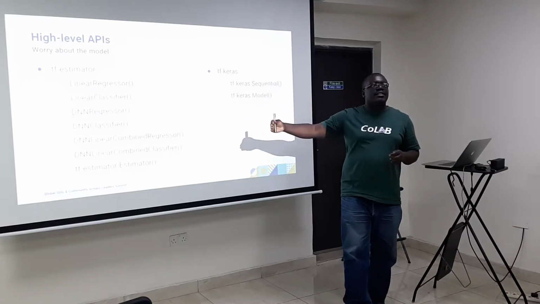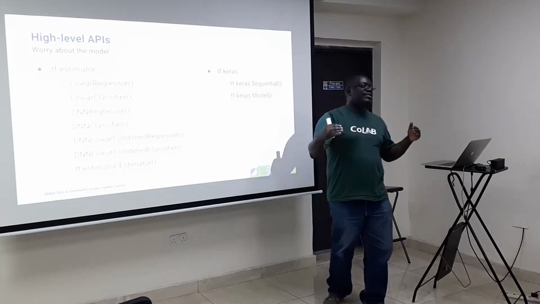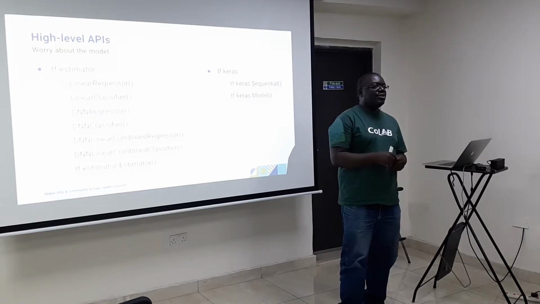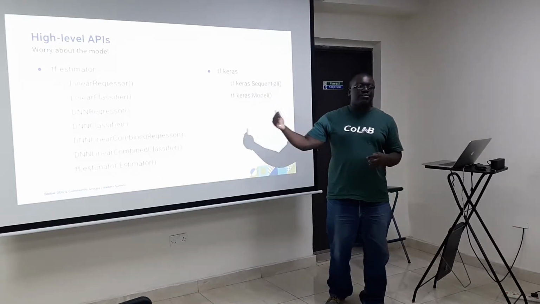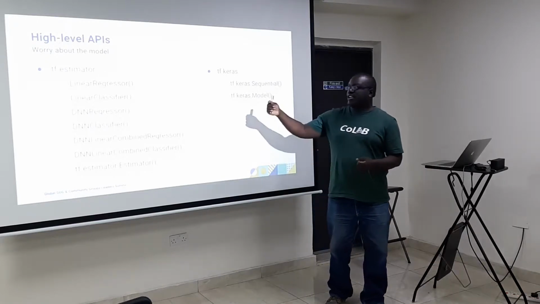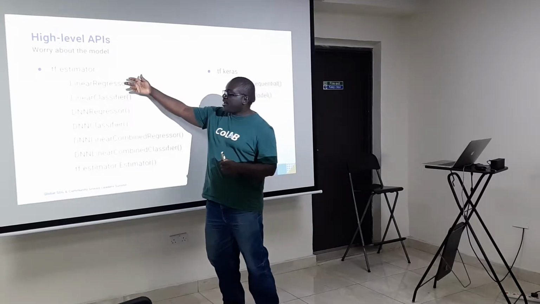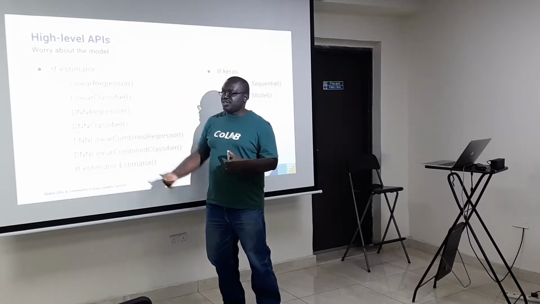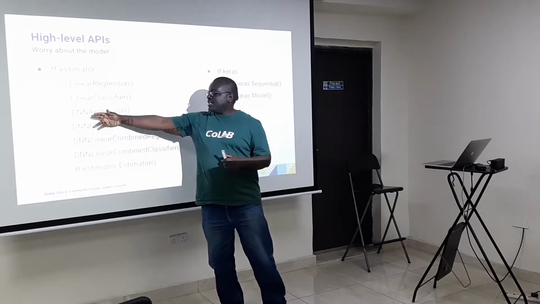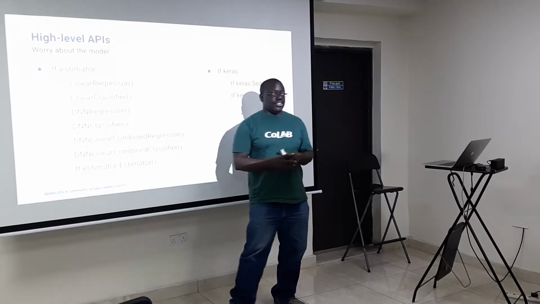DNN, on the other hand, implements a deep neural network. So, even if you've only been scratching the surface of machine learning, you'll know that we have deep neural networks and then we have simple classifiers or linear classifiers and regressors. So we have linear regression, we have logistic regression. So this is linear regression, this is logistic regression, and then this is a deep neural network. And when you implement a deep neural network, you can implement it either for regression or for classification.